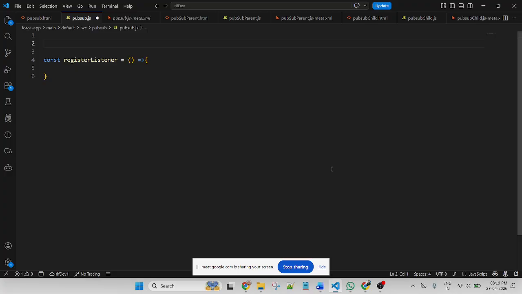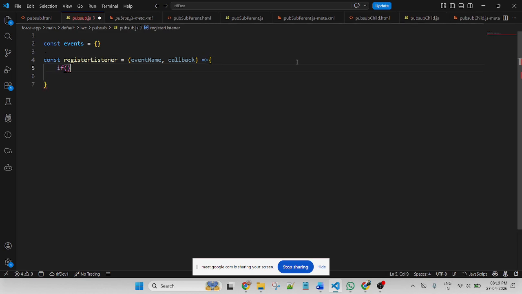First use a constant variable events as an object. Use event name and callback.